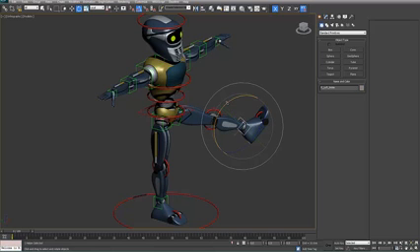So now that's a fairly old school way of doing things. It's been with us for a long time, the FK system, the forward kinematic system. But in 3D, we actually have the ability to use a slightly different system that is a little bit more intuitive when it comes to animating, called inverse kinematics, or IK. And what I've actually done is taken this character, I've quickly done a few IK controllers, and what we're going to do is use those IK controllers to